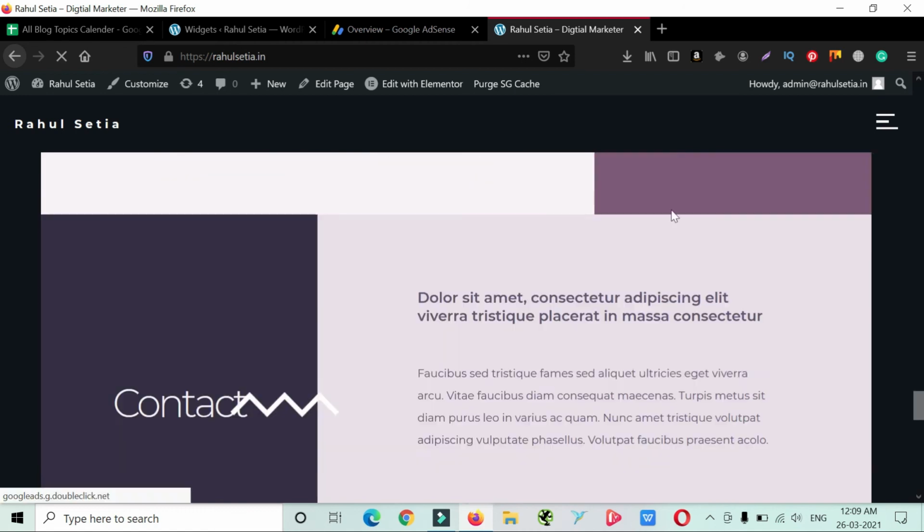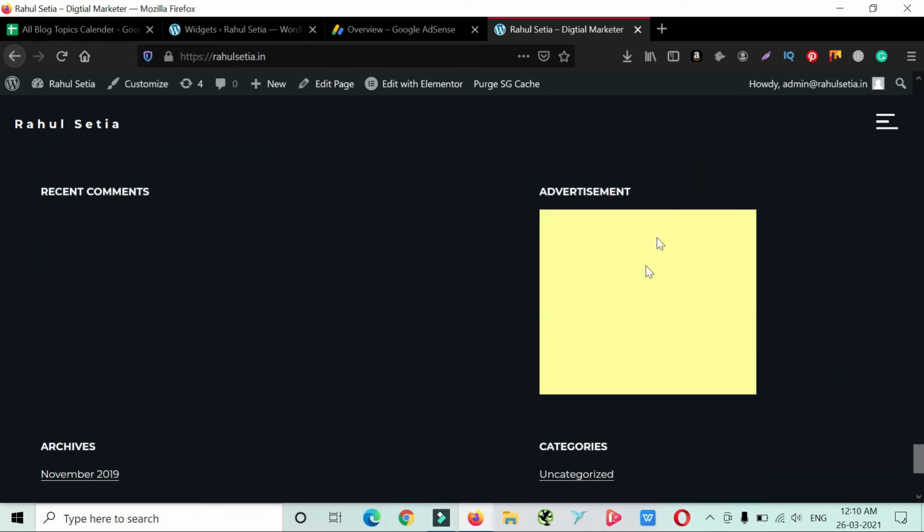You can see the space has been occupied with the yellow space, and it might take sometimes like 30 minutes to start showing the ads on your website. Sometimes it takes longer, but if you are going to see this white space or yellow space, that means your ad has been placed correctly. It is just like they are in the exchange server, like bidding and all. So once your site wins the bid by the advertiser side, then ads start showing on your website.